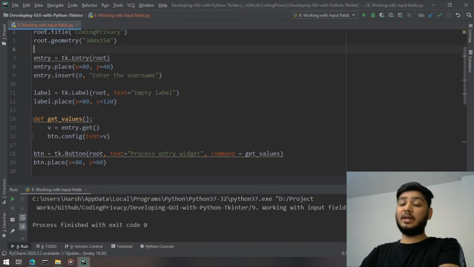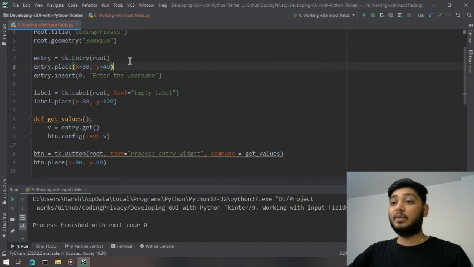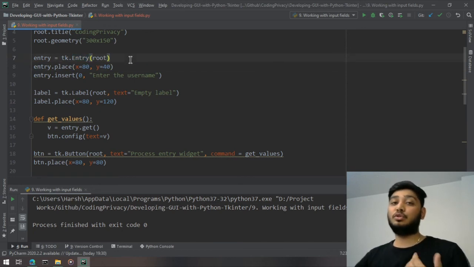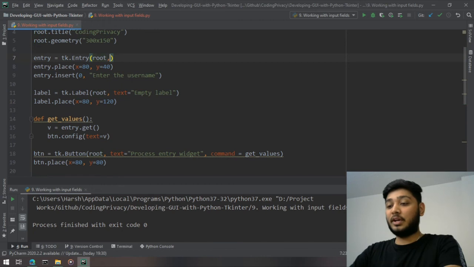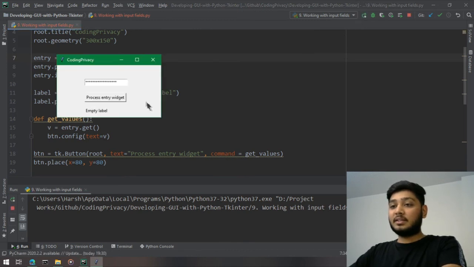Now what else you can do is, let's suppose you are creating a login page, right? So you have a password field for which you're going to use the entry widget, but you don't want the user's password to be shown. While writing the password you want it to be asterisk signs, you don't want it to be text. So what you can do is set show equal to star, instead of text, show me star, right? And then let's try it.